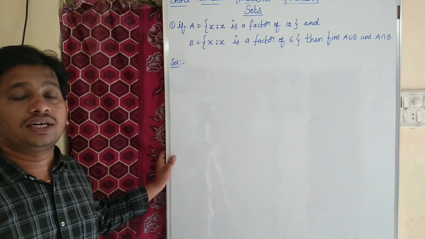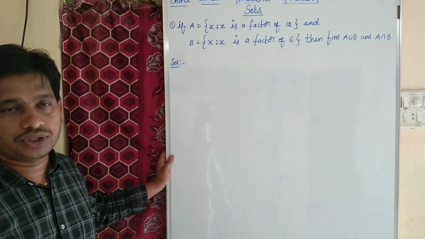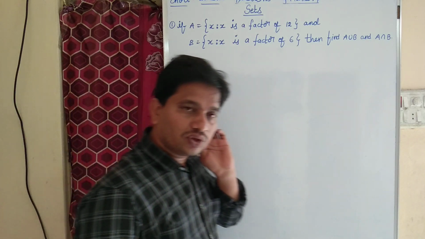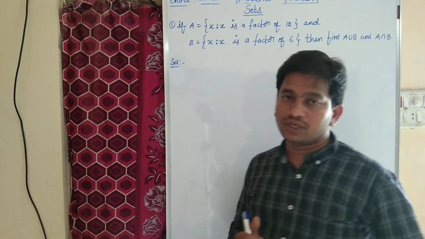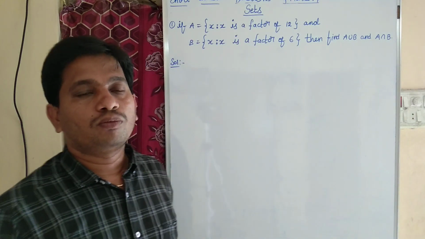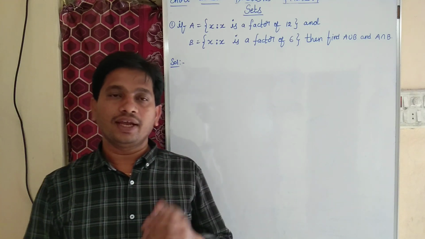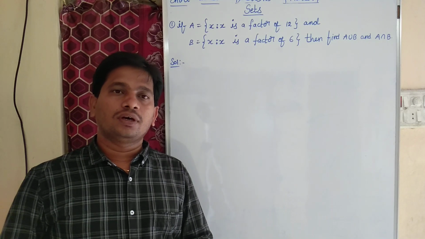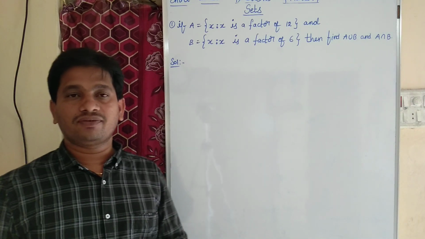And today's session, let us discuss short answer questions, 4 mark questions from chapter 6. As we know, this chapter plays a crucial role to get good marks. Mostly they may ask to find A union B or A intersection B, set builder form to roster form, number of subsets. Those are the types of problems from this chapter.